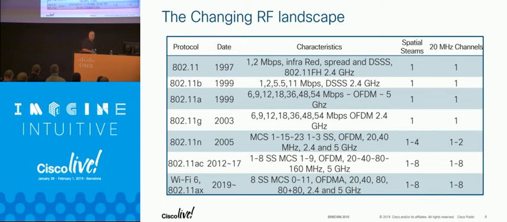And what's changed? Well, in '97, you had one spatial stream, single 20 megahertz channel. We advanced through 802.11n in about 2005. And there was a lot of years between that. From 2012 to present, it seems like there's been a new standard about every 3 years, right? And of course, that comes with new radios. And I've heard it from customers before. It's like, why do we have to buy a new AP? Well, the radios have gotten a ton better. It used to be really, really hard to do high density. It's not that that's simple anymore, but follow a few rules, it goes pretty good now.